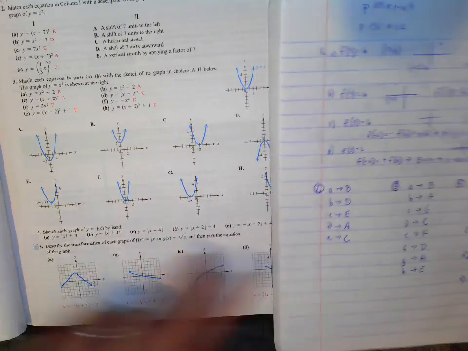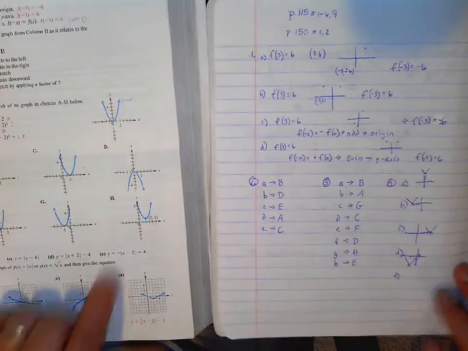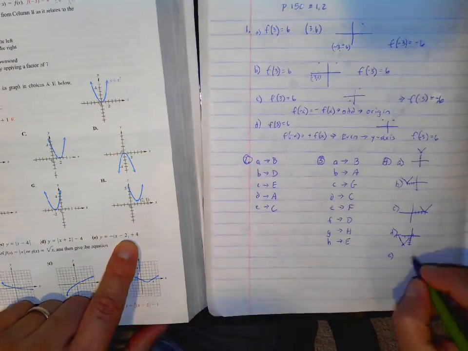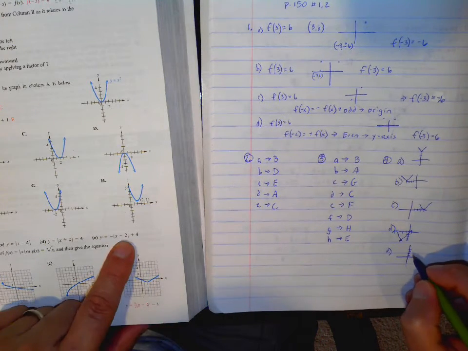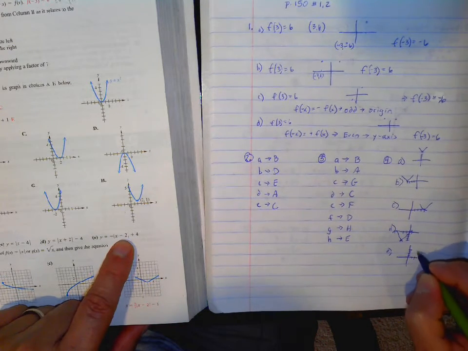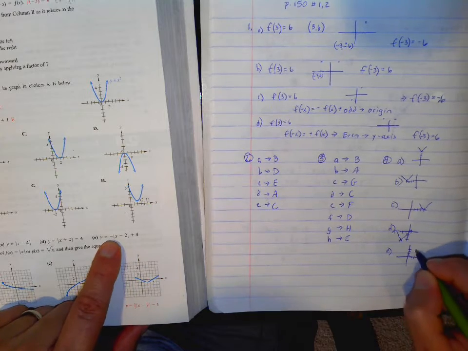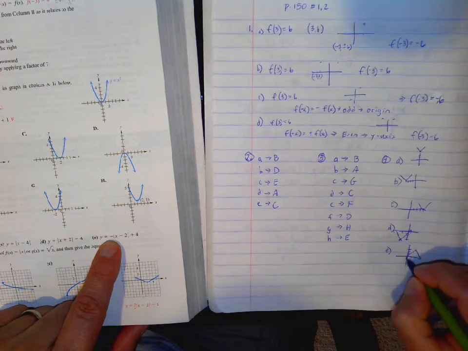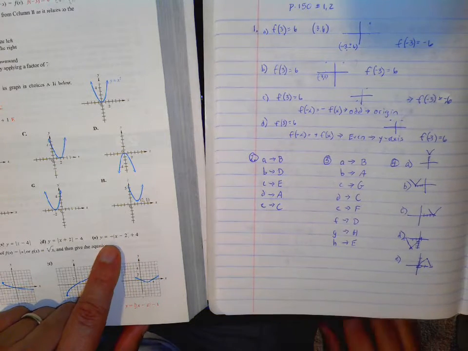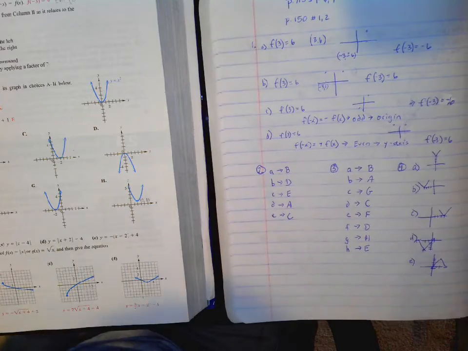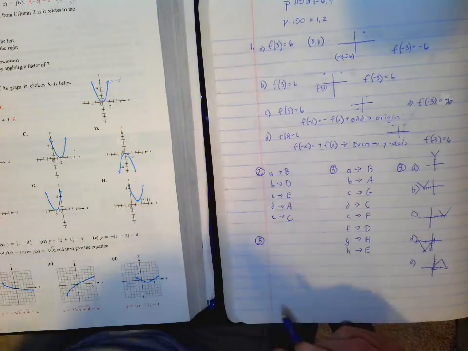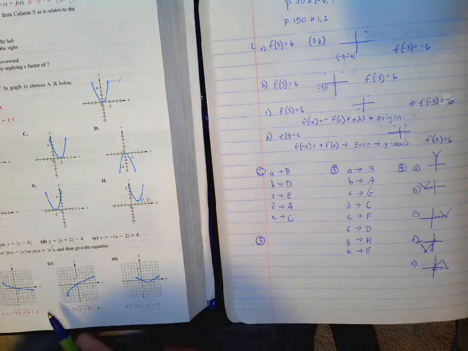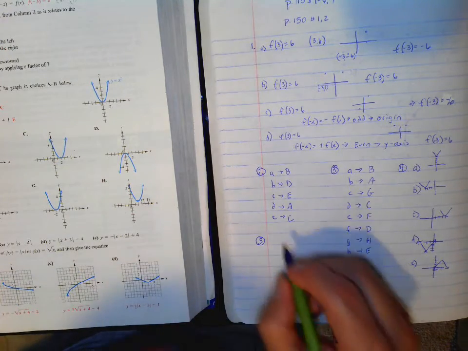E, doing three things here. So plus 4 shifts it up 4, minus 2 shifts it right 2, and negative means it's going to open down, reflected across the x-axis. Okay, number 5, we want to tell how it's moving and then give the equation for it. Okay, so 5a,